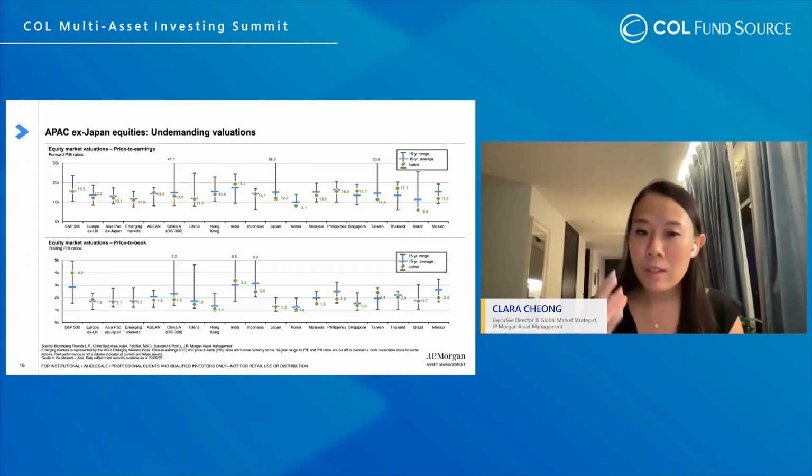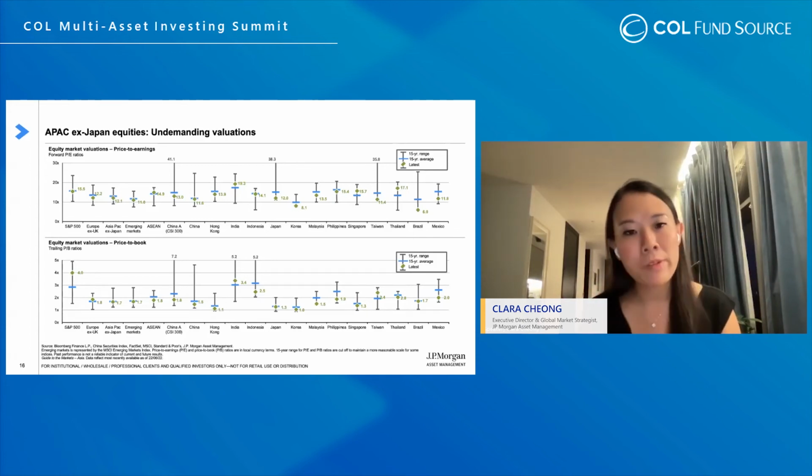And the way that investors can navigate this is also to focus on more quality companies that have visible and superior earnings revisions or return on equity that can help to mitigate some of the near-term uncertainty that we could face in the global landscape. So this is the end of the presentation, and I will pass it back to the host for the next segment if there are no questions.